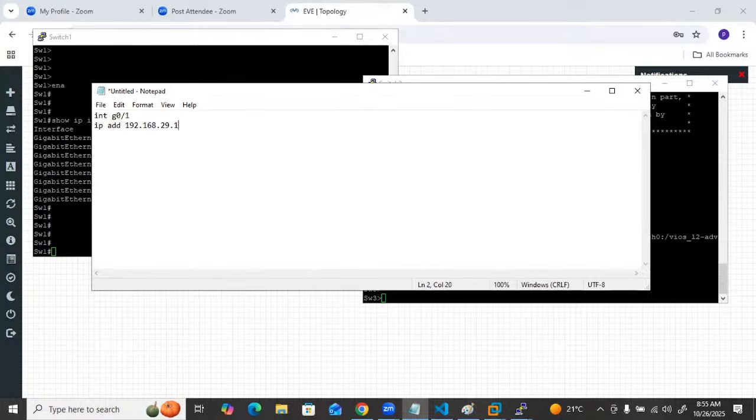Sorry, 29.101. No set. Then apart from that, username, that is admin. Privilege I have given 15. Password is Cisco123. Then IP domain host name is switch1. Then IP domain name is cisco.com,